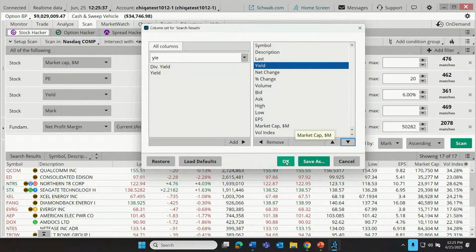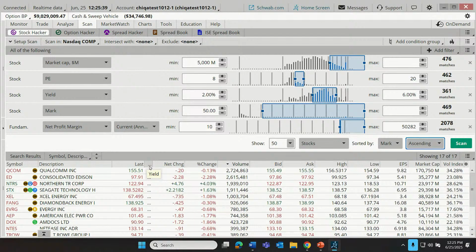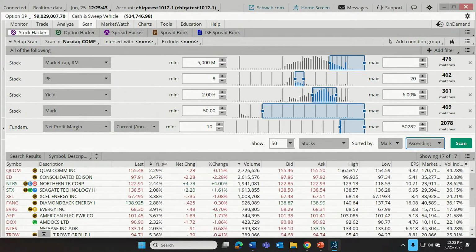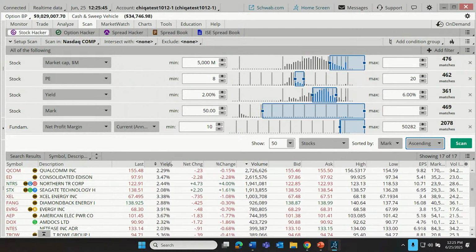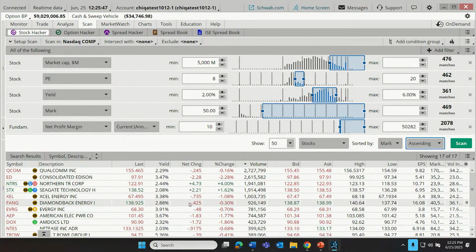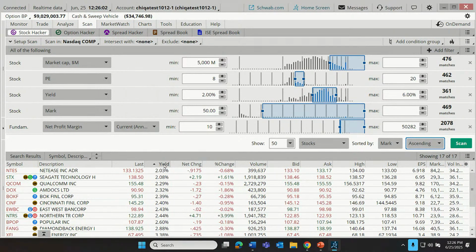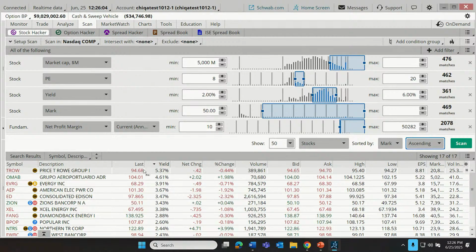So if I click OK from there, you'll now see, oh, it's kind of squished in there. It's that little series of dots. I'm going to click and drag that. So somebody asked about the click and drag features. There's a second time I clicked and dragged the pop-up window over. Look for click and drag features here as well. But now I can see the yield for each of these companies. And if yield is the greatest emphasis out of all these criteria, we can click on that and change the order so that I'm seeing the highest yielding company that meet all of my criteria.